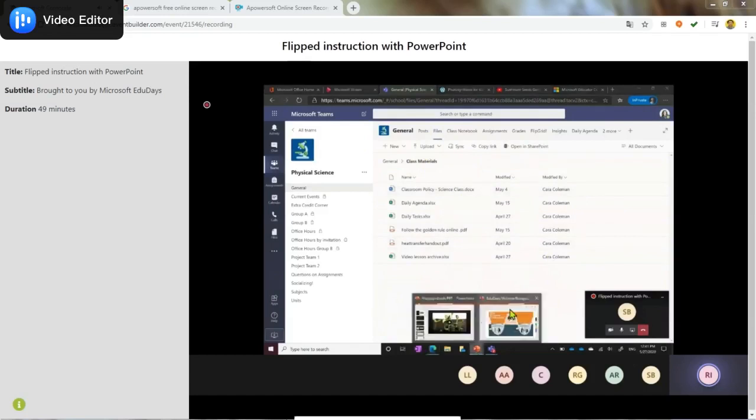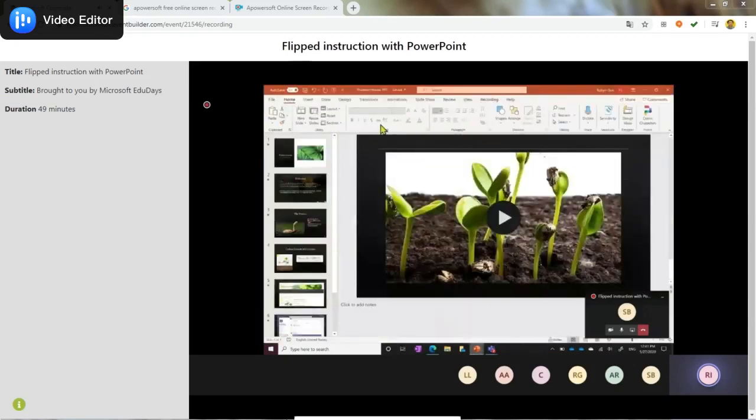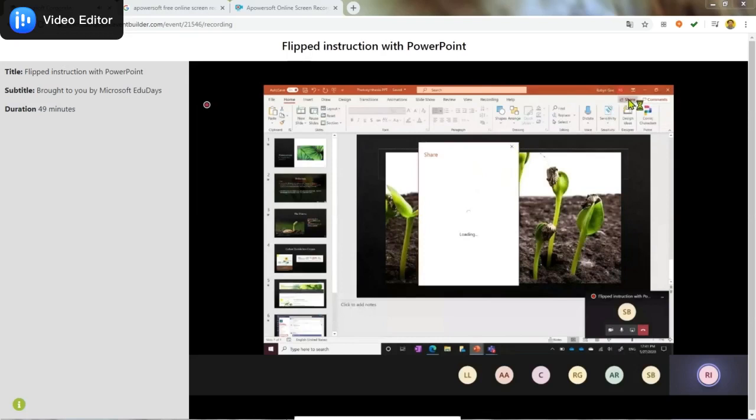Finally, the final way that I'll suggest sharing this with your students is simply by coming up to the top of PowerPoint and clicking on Share. Once I click on Share, I can generate a link to this PowerPoint that is view only. Let me go ahead and try that one more time. I know that my PowerPoint is being slow.